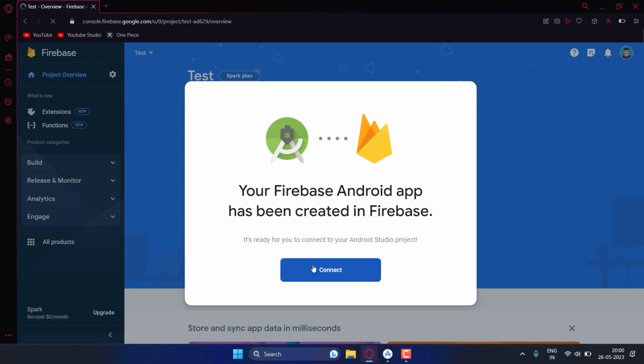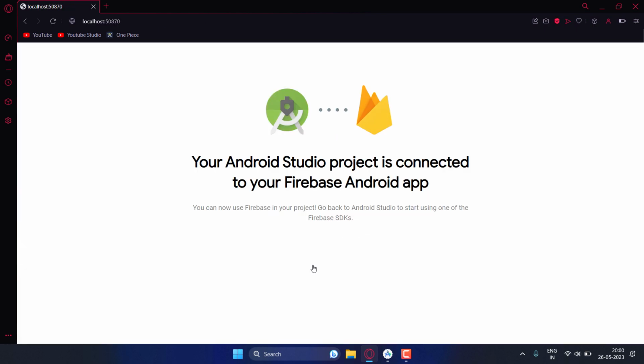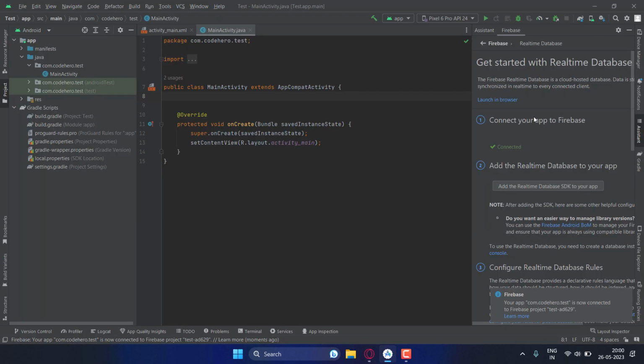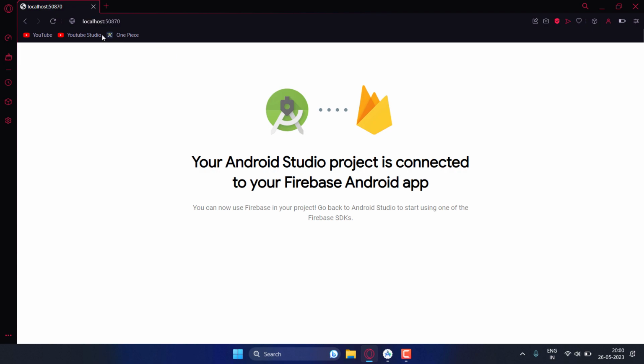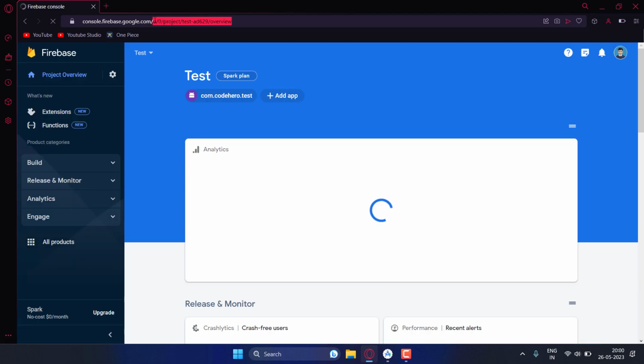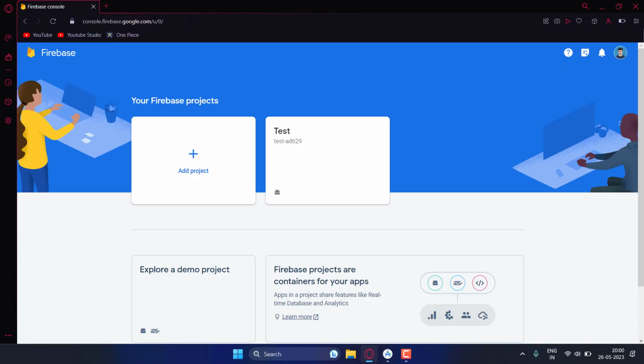Click on connect. After this, our app is connected to Firebase. So if I go back, just go to this official website. Okay, then you can see our project here. Click on it